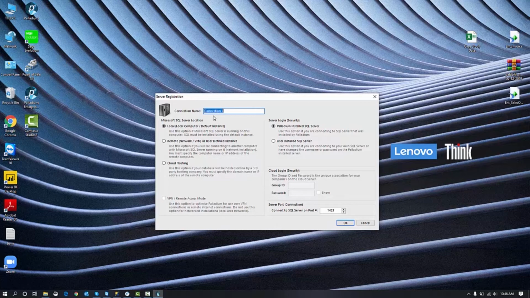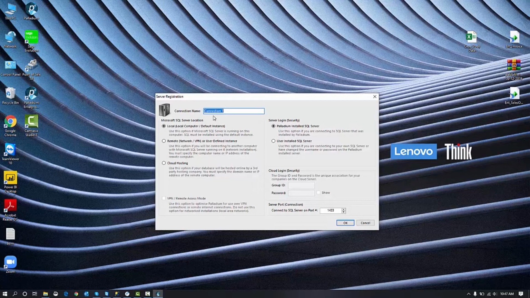And if you're using a standalone machine, you're going to have to specify the details of that standalone machine or the local machine that you're working on so that it can communicate with the Palladium database that is there. All right, I'm going to go ahead and show you both